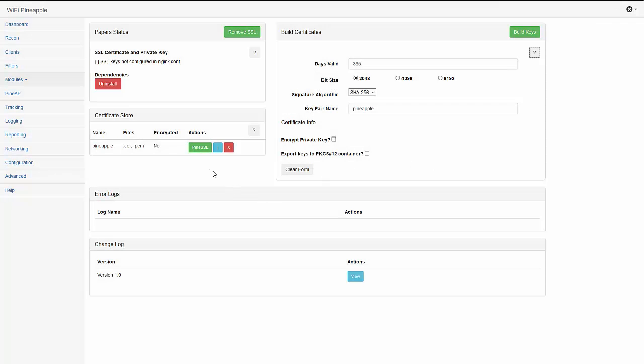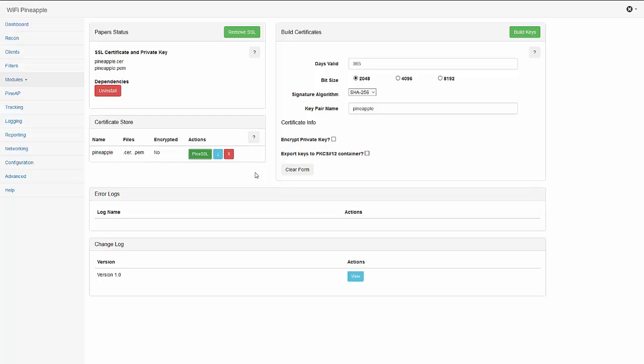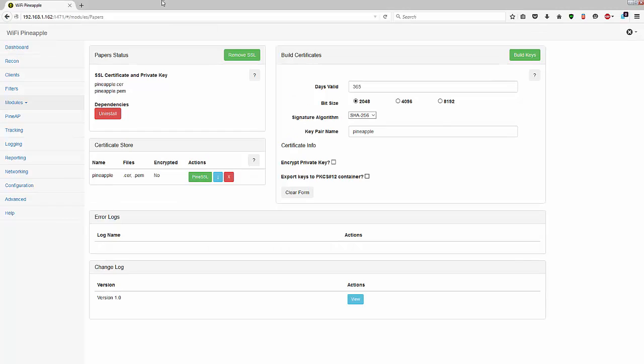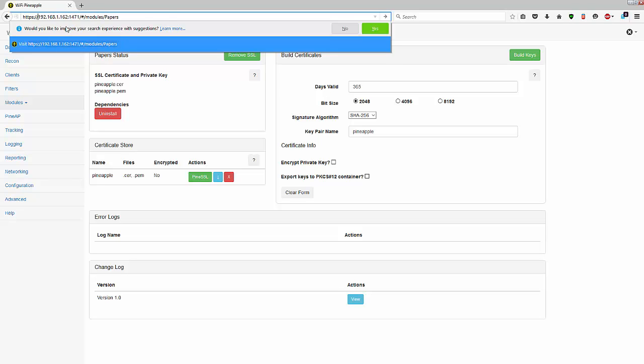So now we can actually use these keys to set up SSL on our Pineapple, and just click on this Pine SSL button. It shouldn't take too long. Alright, and now it shows us that. So now we actually need to go up here and use HTTPS,